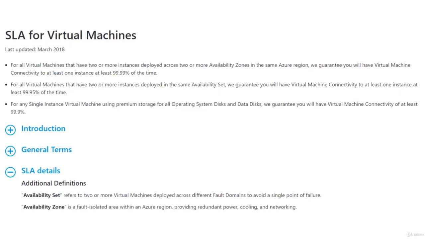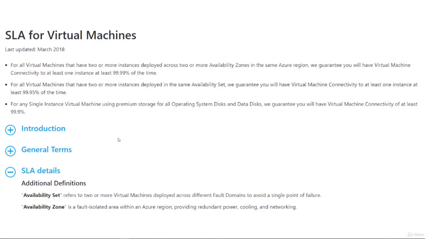So, it's still smart for you to design your solutions. If uptime is of paramount importance, if you are a bank and you must have your banking services available to all your customers 24/7 with zero downtime, you cannot just rely on Microsoft's uptime guarantee. You need to architect that across multiple regions with load balancers and Traffic Manager. Beyond the scope of this course to teach you how to design for availability, but understand that Microsoft does make these guarantees, but you should not bet your business on it, if you will.